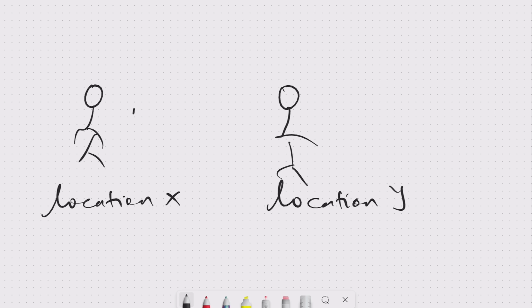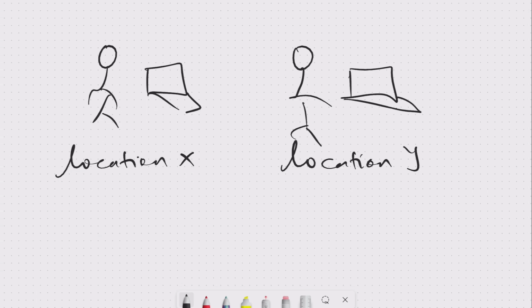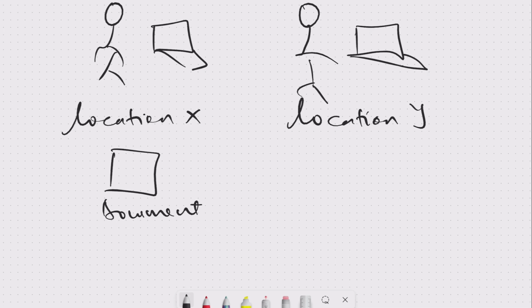So you're at your home or at the office with your laptop, and hopefully you're connected to the internet and you want to collaborate. So imagine this scenario. Let's say you start with a simple document. This is a document, right? If you are the person in location X and you have the document, you update certain things on that document and you want to share it with your colleague in location Y. Conventionally, you can think of, why not just send an email? So you email the document to your colleague in location Y,